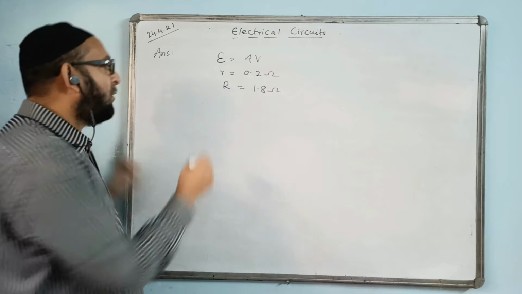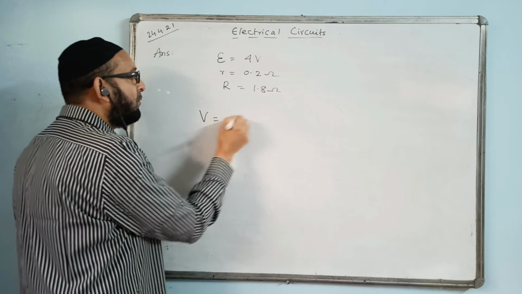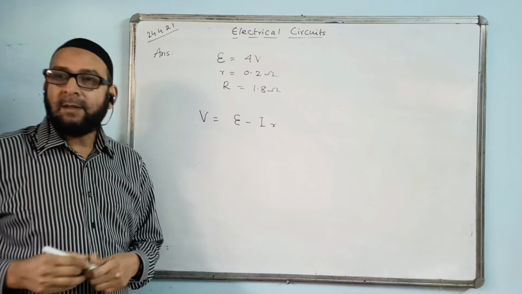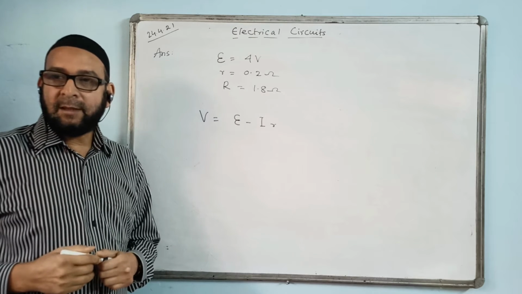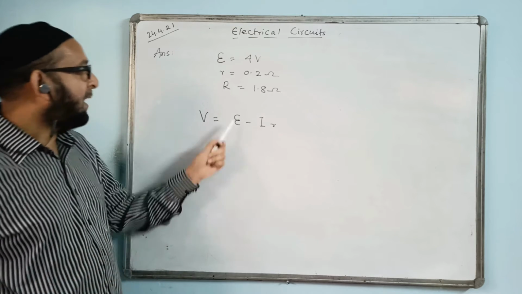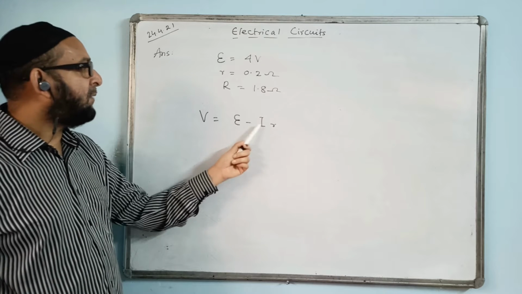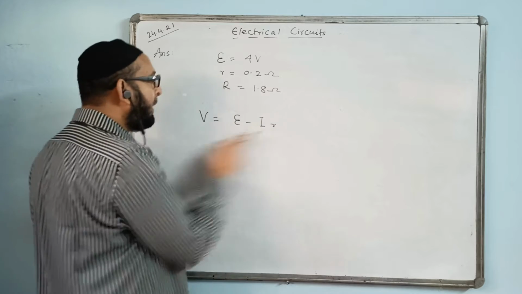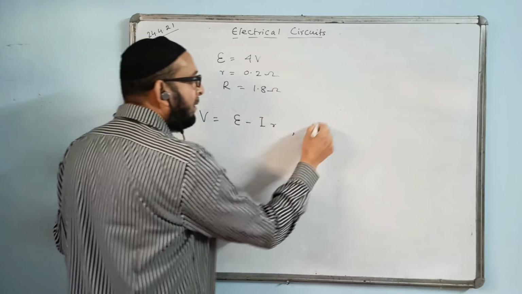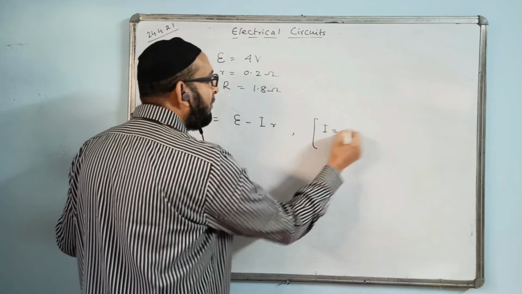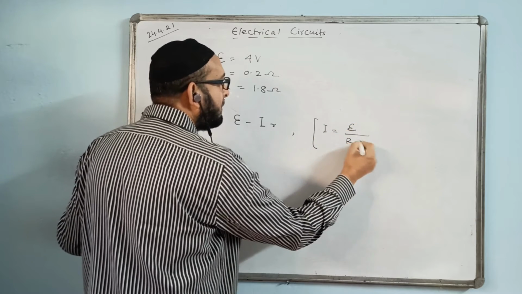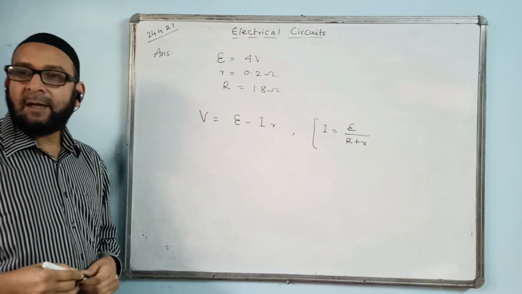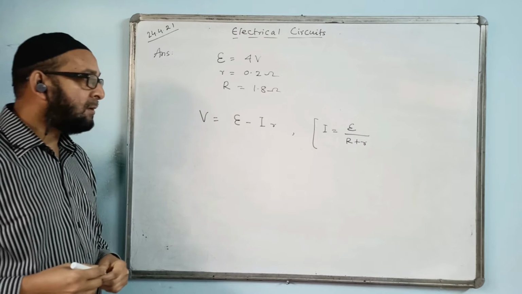So terminal voltage formula will write V is equal to E minus Ir. We have E, we have r, but we don't have I. We'll find I first and then put the value of I back and we'll find the value of V. I formula will be E upon R plus r. Total current I equal to E